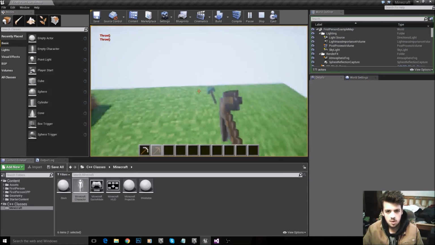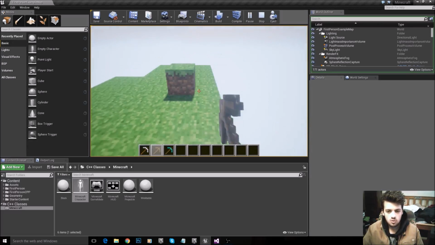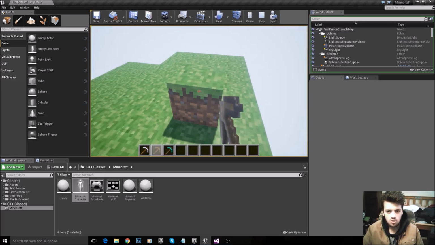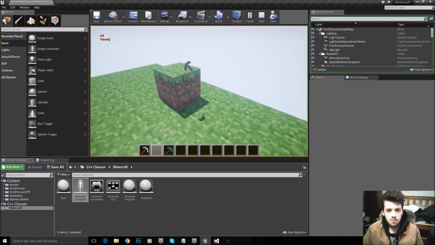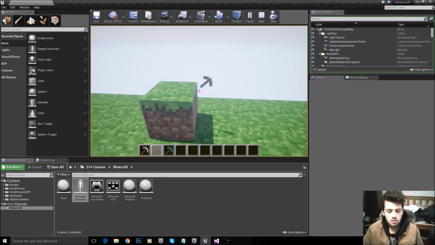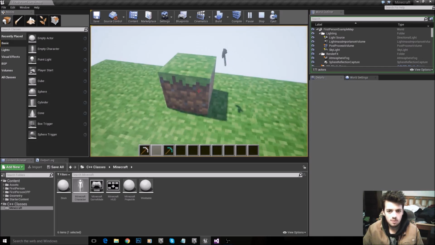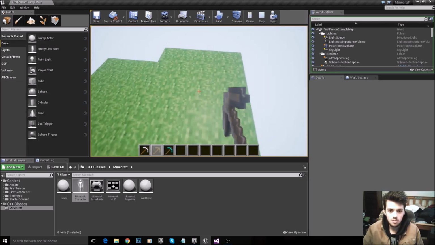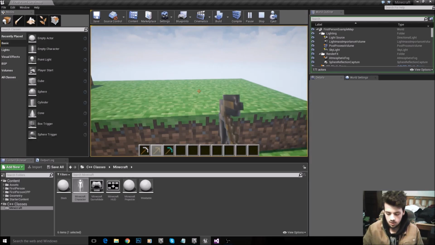Another question that you guys might be pondering is what happens if I try to drop a pickaxe inside of a block, right? So here I have a block. If I was to drop this pickaxe, it should appear inside of the block, right? Well, it doesn't, because the dropping system is set up so that the item is never dropped inside of a block. So it will detect, oh, hang on a sec, you're trying to drop it inside of a block. Let's not do that. That would be a stupid idea. So yeah. Anyways, without further ado, let's get into the video.